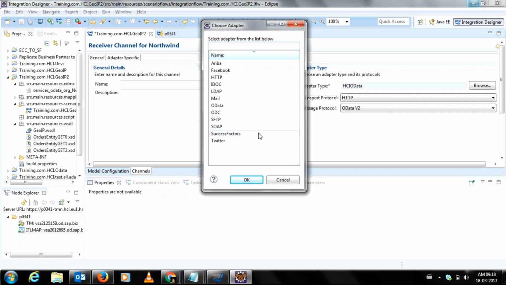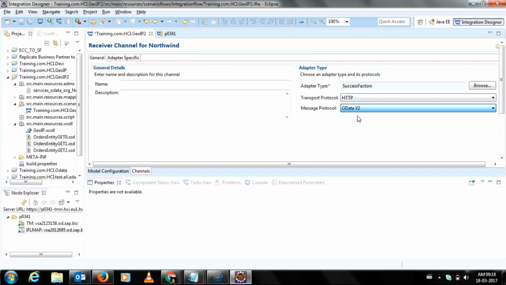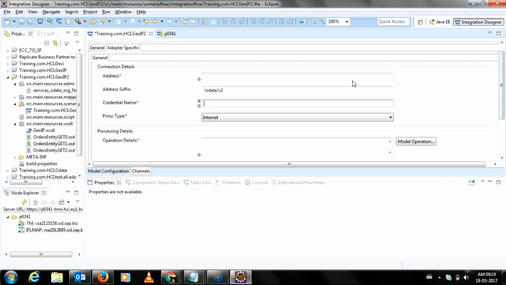OData adapter version 2. Okay, don't change this to 4. As of now, SuccessFactors doesn't recommend version 4. You should go with version 2. Okay, and in the adapter specific configuration you will find the same thing: the address, the credentials, and again the model operation. So as soon as you have the SuccessFactors URL and the user ID and password,